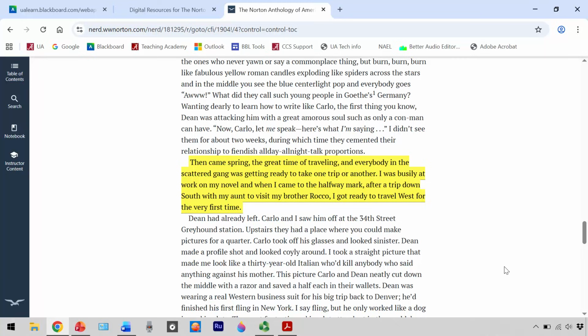Then also, I would say that just in this paragraph, he says after a trip down south with my aunt to visit my brother Rocco. Now, in reality, that's after a trip with his mother to visit his sister and his sister's husband, probably in North Carolina. He got ready to travel. So, but that shows Kerouac having positive family relationships, which is also an important thing for a human being to have